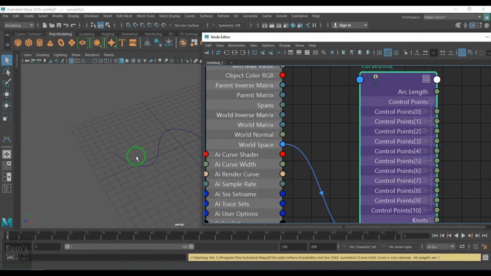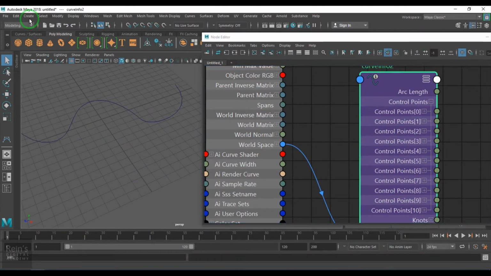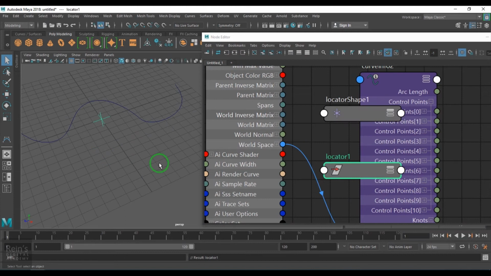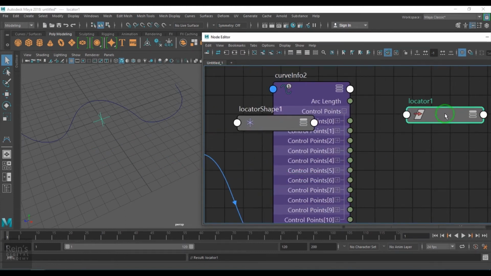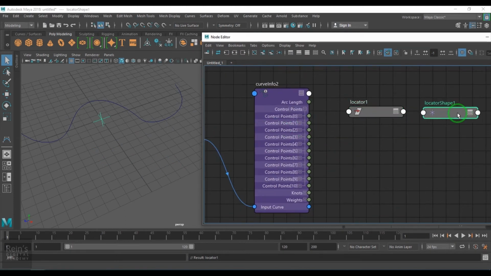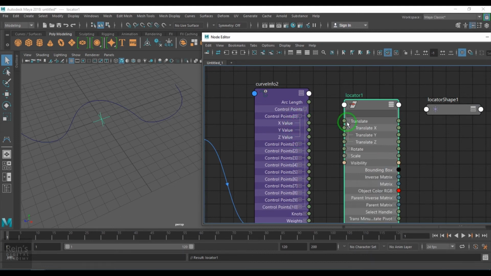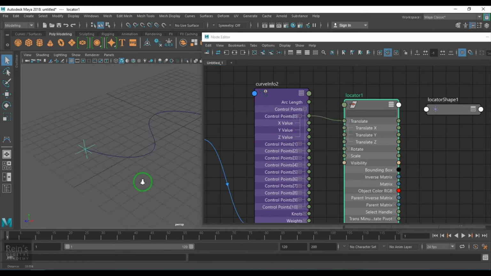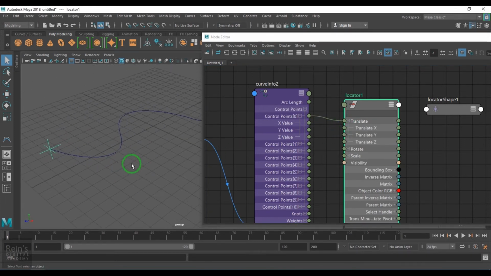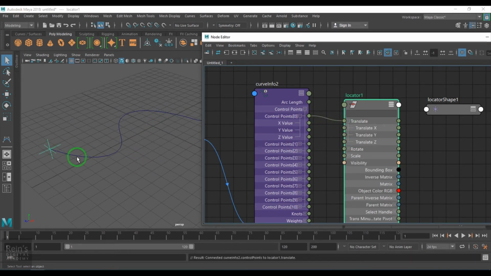Now one thing I can do with the control points, let's say I create a locator. The locator has a transform node, and then I press 3 on the keyboard, select the control point 0's XYZ position, and connect it with the translation of the locator, and you should see the locator went to that point.